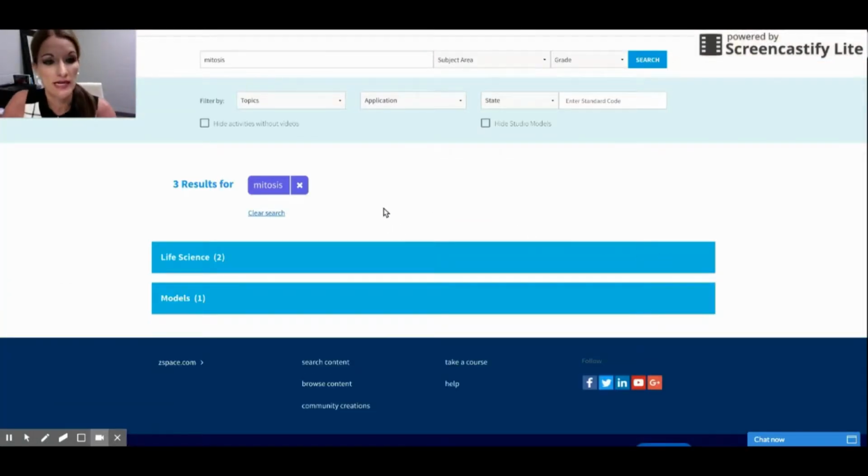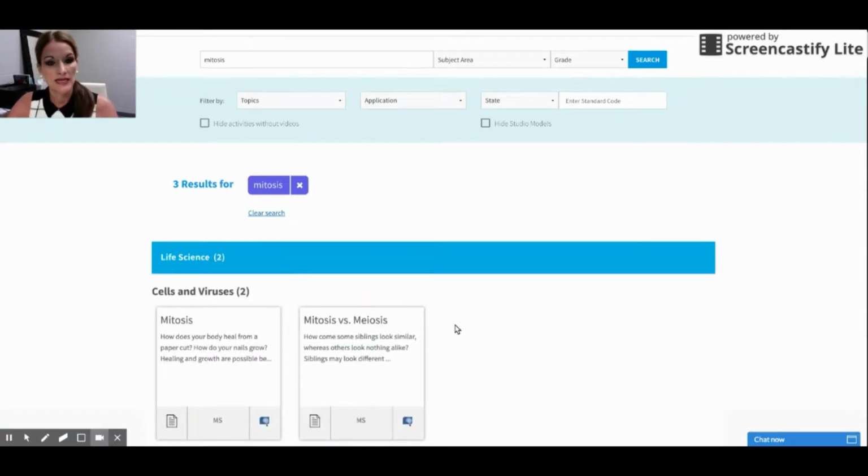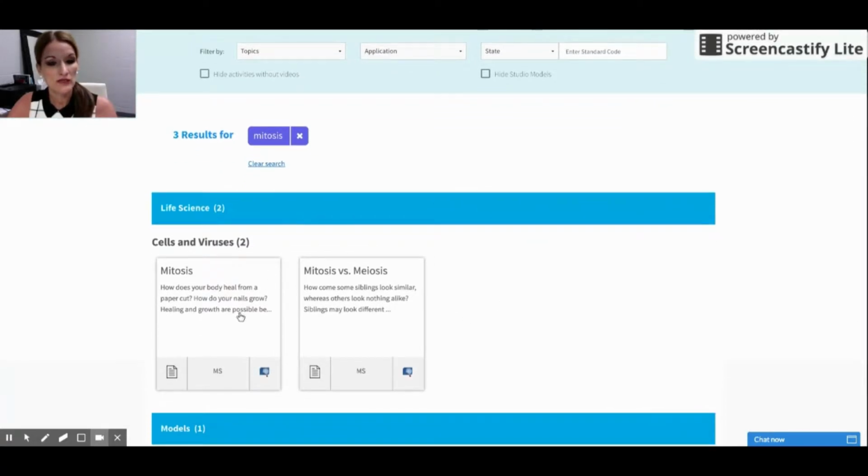Okay, so I see that I have 3 results for the word mitosis. There are 2 life science results and 1 result under models. So I'm going to go ahead and click on the life science results, and it's going to show me that there are 2 activities within the ZSpace Studio that my students could work on that's related to